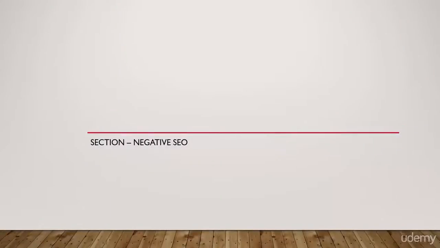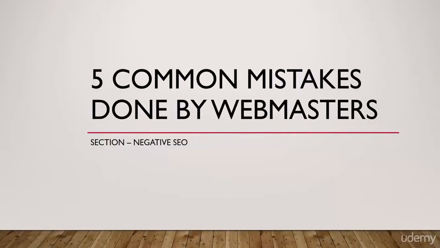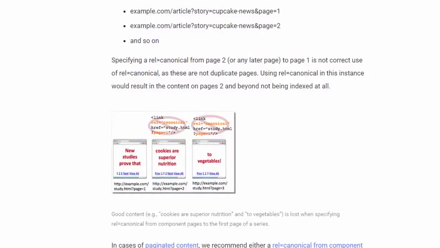In this lecture, we are going to learn 5 common mistakes that are made by webmasters, as mentioned in the Google Webmaster Central blog. The first mistake is assigning a canonical tag to the subpages of each post. For example, let's assume that a post has 10,000 words and you have split it into 10 pages. In that case, don't assign the first page as the target canonical URL to the remaining pages because they are not